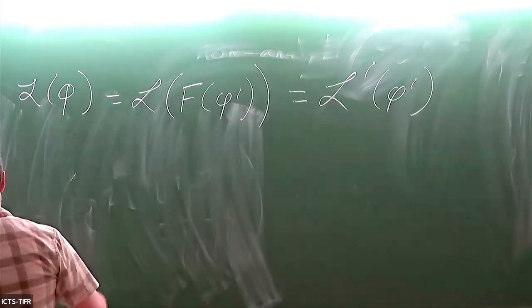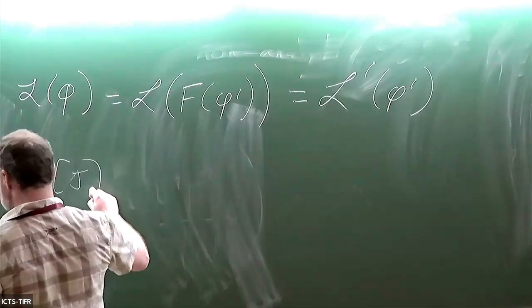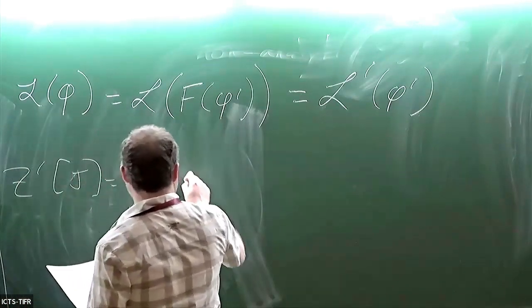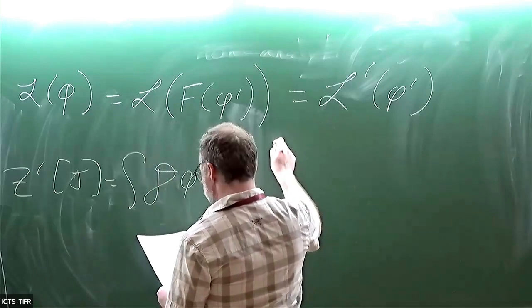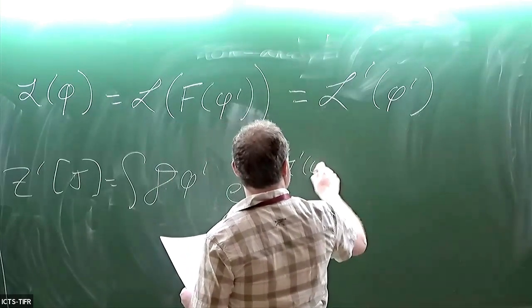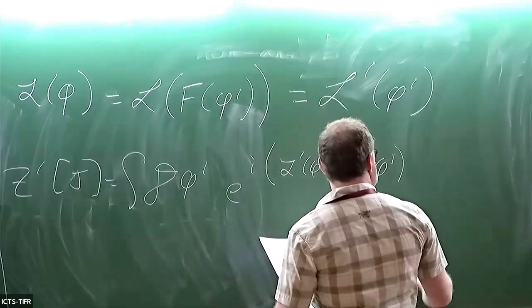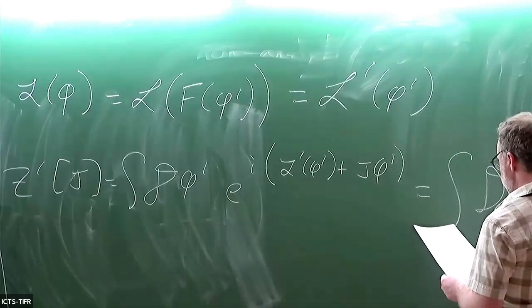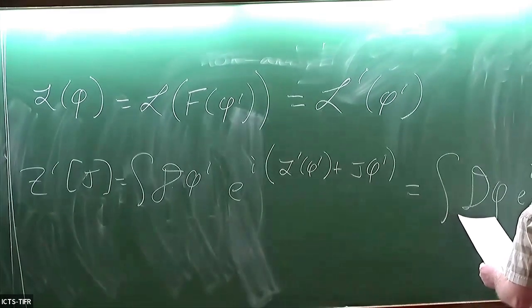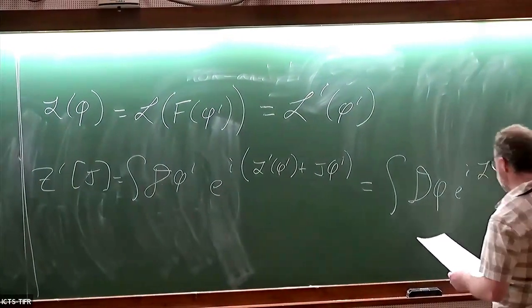So now I get Z prime of J is the integral d phi prime e to the i L prime of phi prime plus J phi prime. And that's equal to the integral d phi e to the i L prime of phi plus J phi, okay,